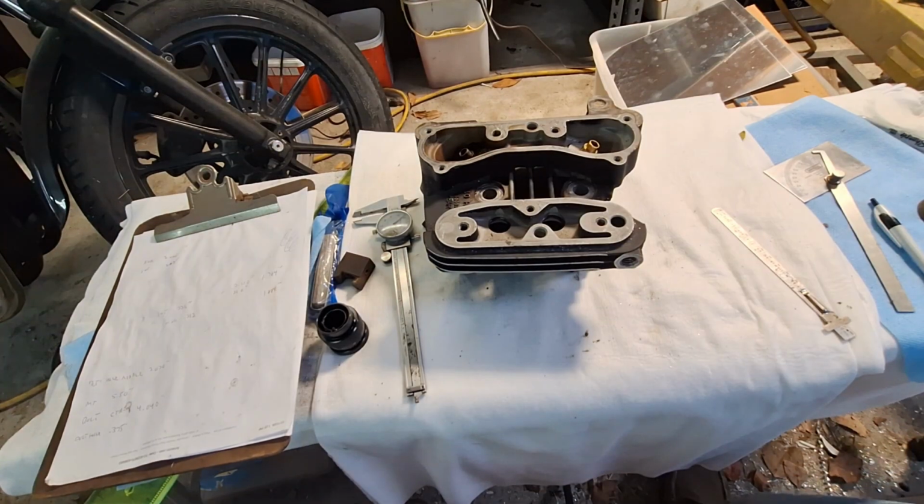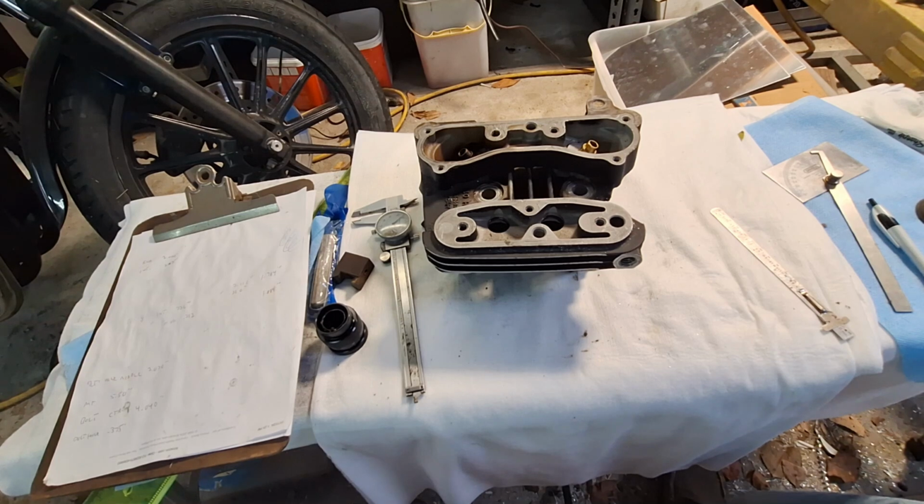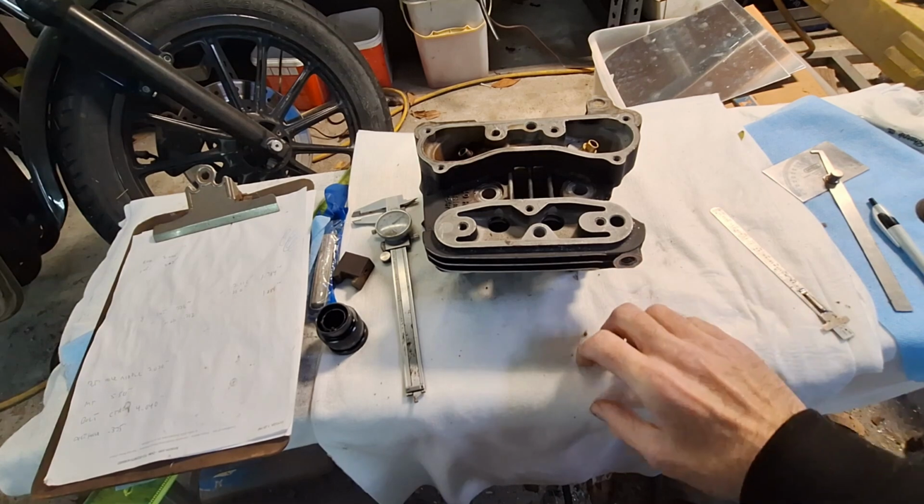Unfortunately, they did it wrong. So a lot of bikes in '79 that came through were sticking valves pretty quick. We're talking under 1,000 miles, and they'd stick a valve. Now, what was happening is